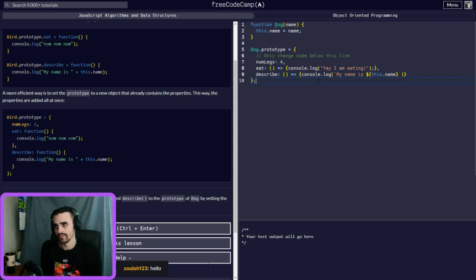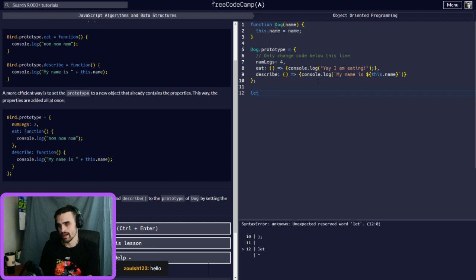Now if we make a new object, let hound equal dog, and the only thing we have to do is give it a name. The name of it will be doggo again. Doggle, I like that.